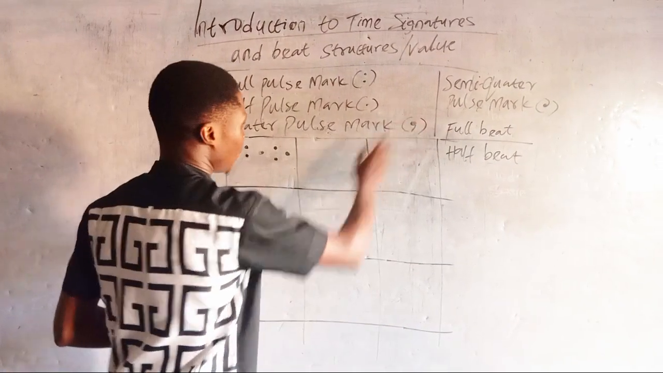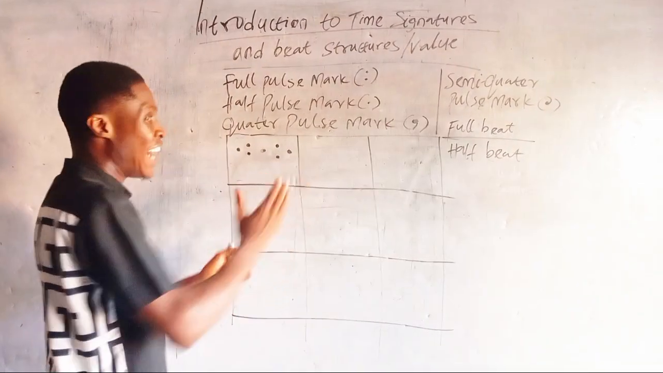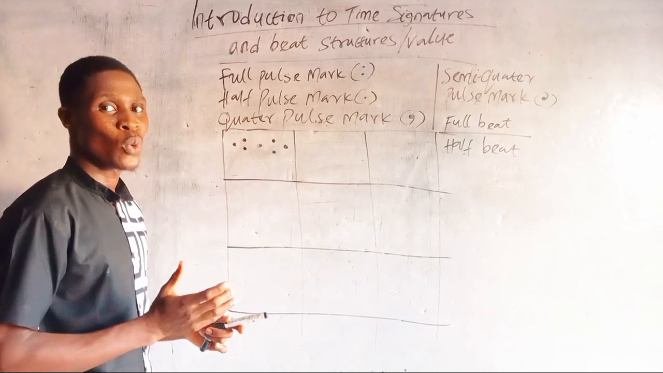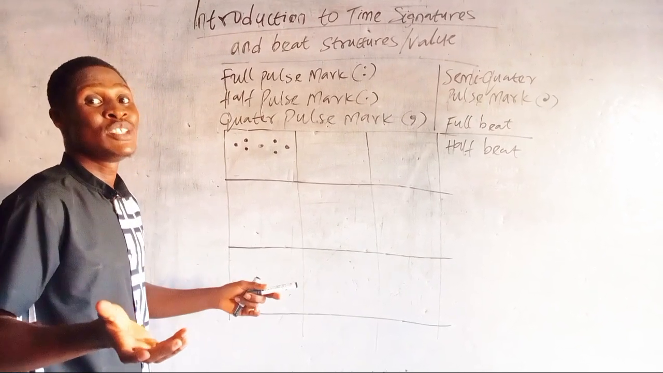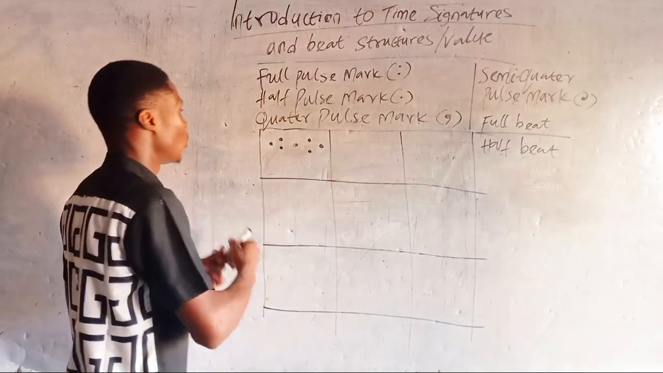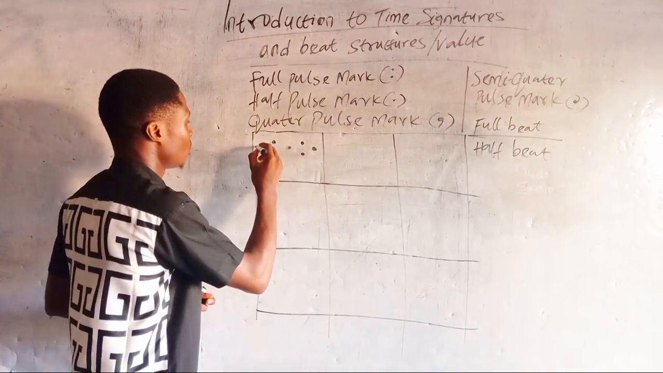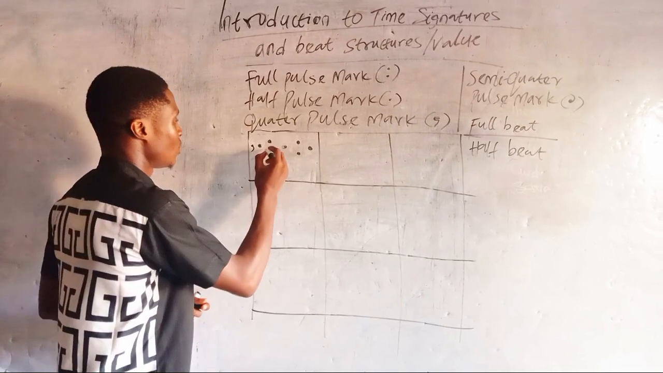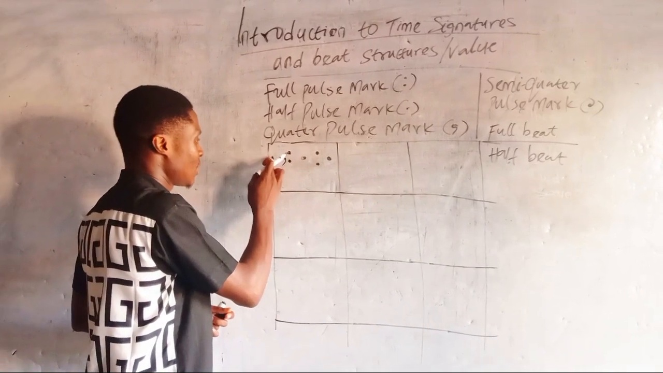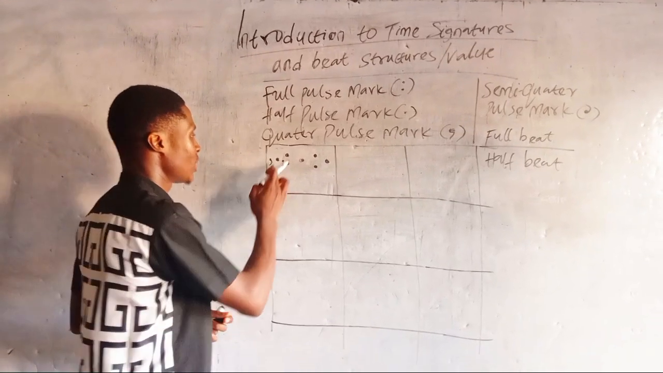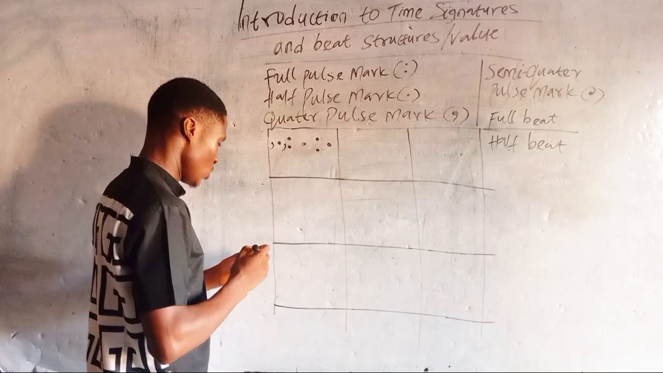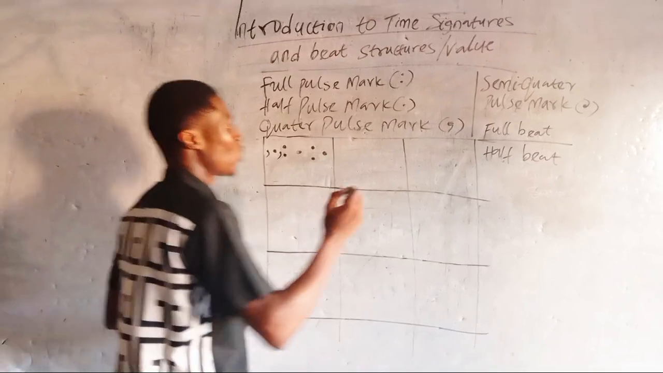Now, what does the quarter pause mark do? Quarter pause mark divides a half beat into quarter beats, or you can even divide full beats. For now, let's just stick to what we are doing here. So this space is a quarter beat. This space is a quarter, this is a quarter, this is a quarter. So a quarter beat